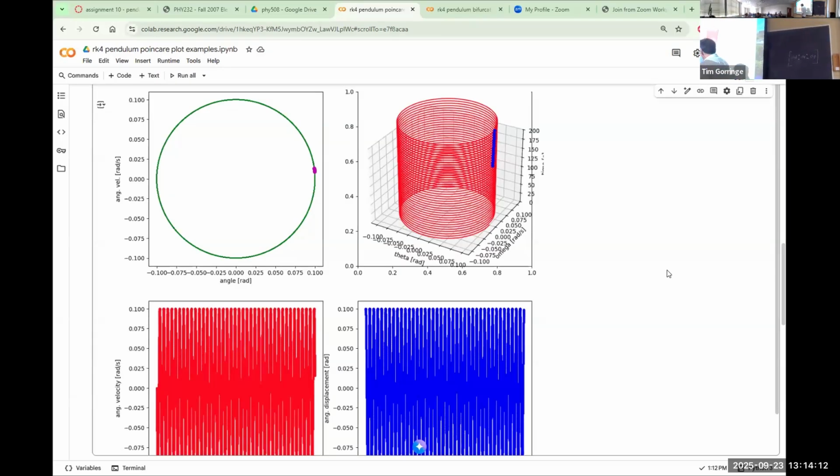Downstairs here, I've lost the scale on it, but this is theta and this is omega, and you just see the periodic oscillations, right? This is the phase space and Poincare section, the traditional phase space Poincare section plot, over here on the left-hand side upstairs. This circle or ellipse is the phase space trajectory. Remembering, if you've just got a simple pendulum where there's no damping and driving, the pendulum just goes around an elliptical path in phase space, an oval path, where it just repeats and repeats and repeats,